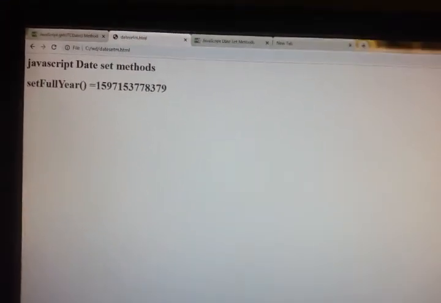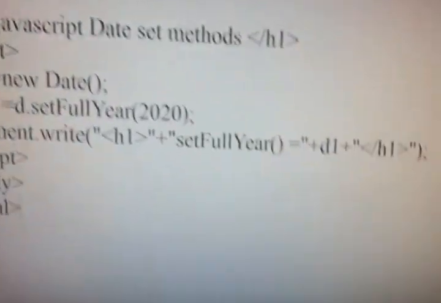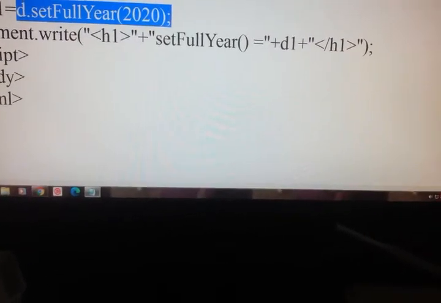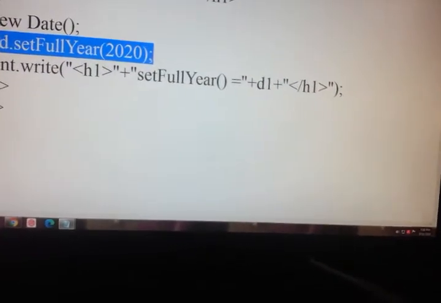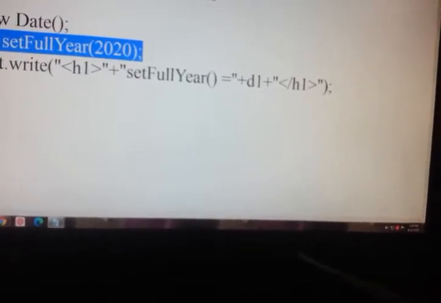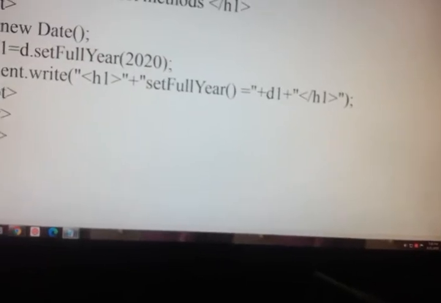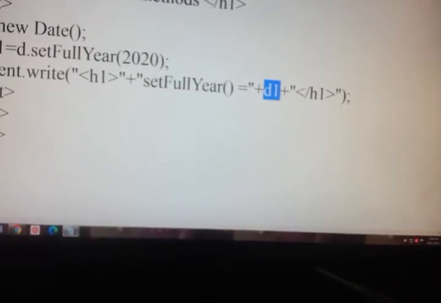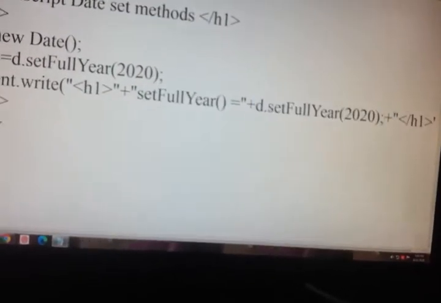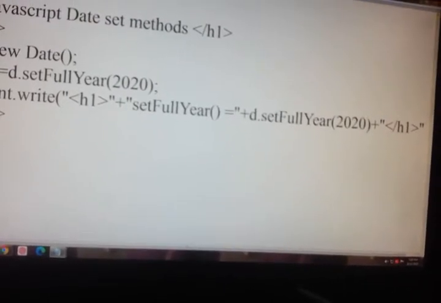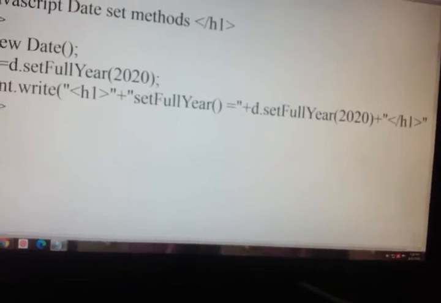Let us see whether that is correct or not. If you use this same, Control C, Control V, this is what we are getting.